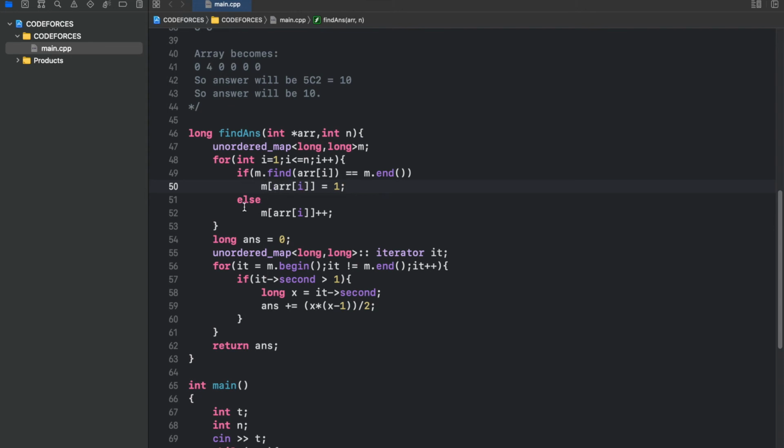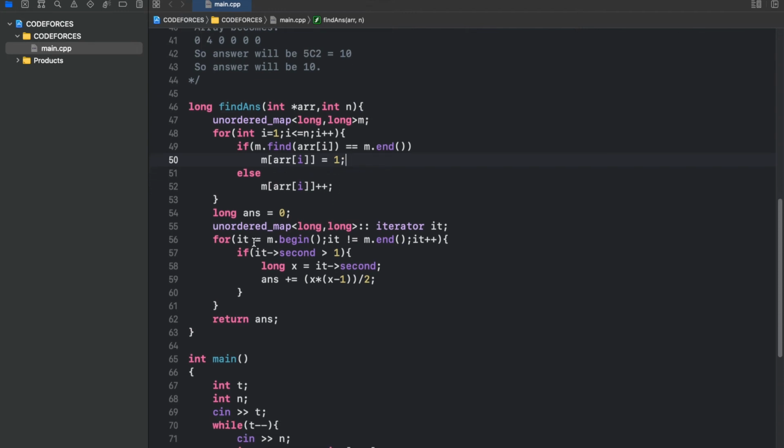If this number comes again, it will go in the else part and add 1 to its frequency.